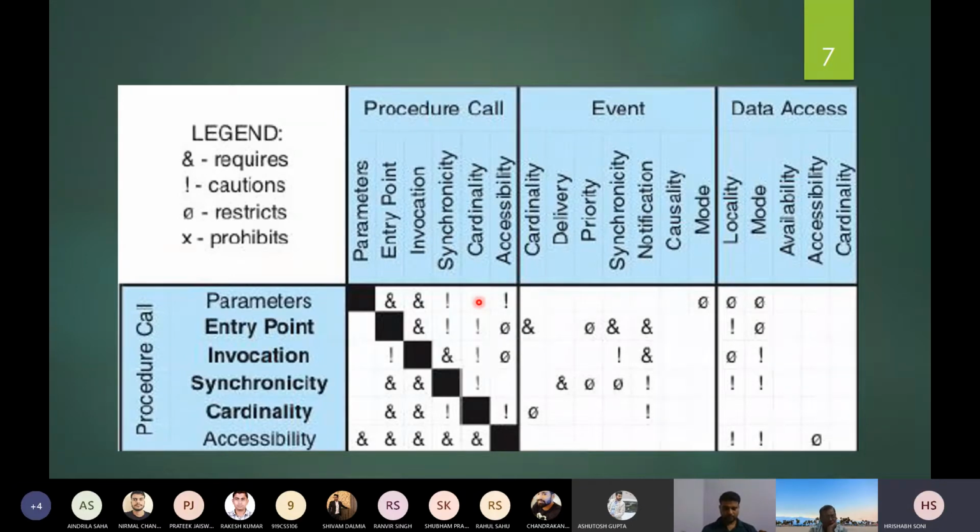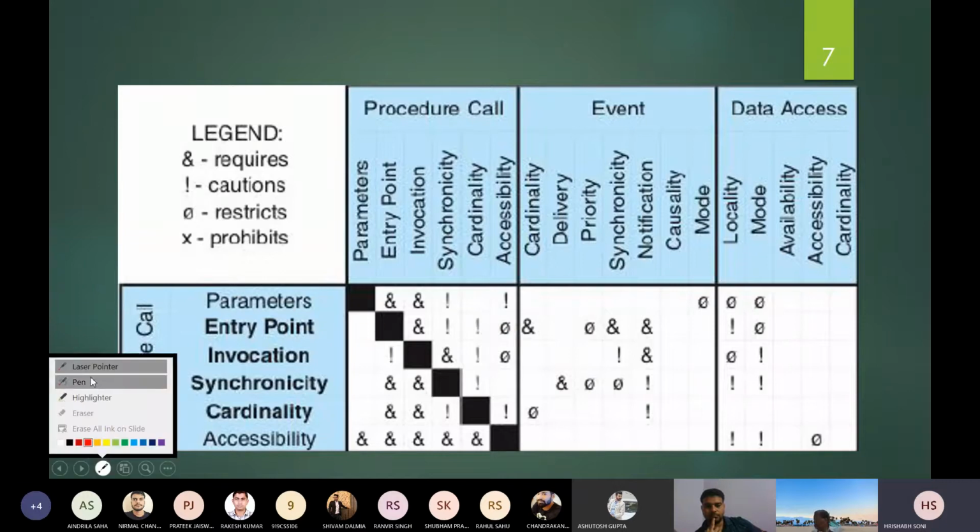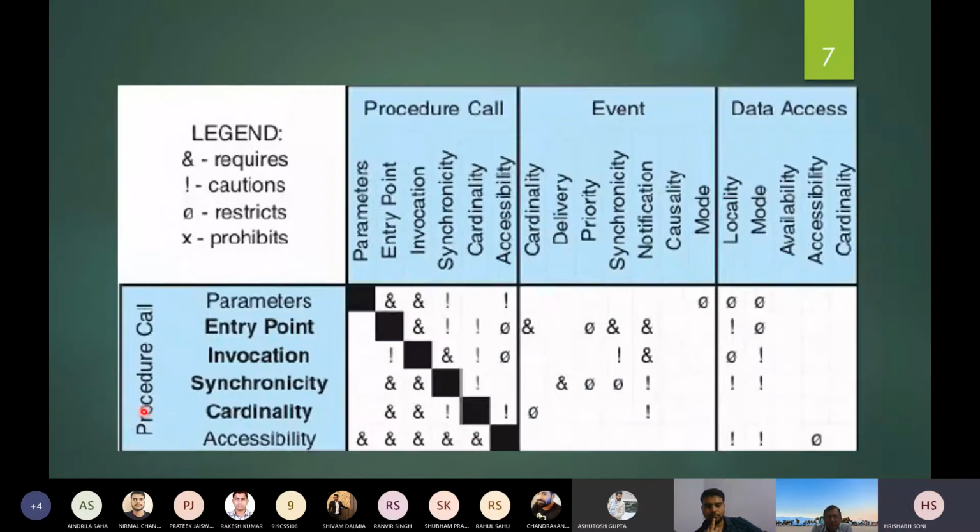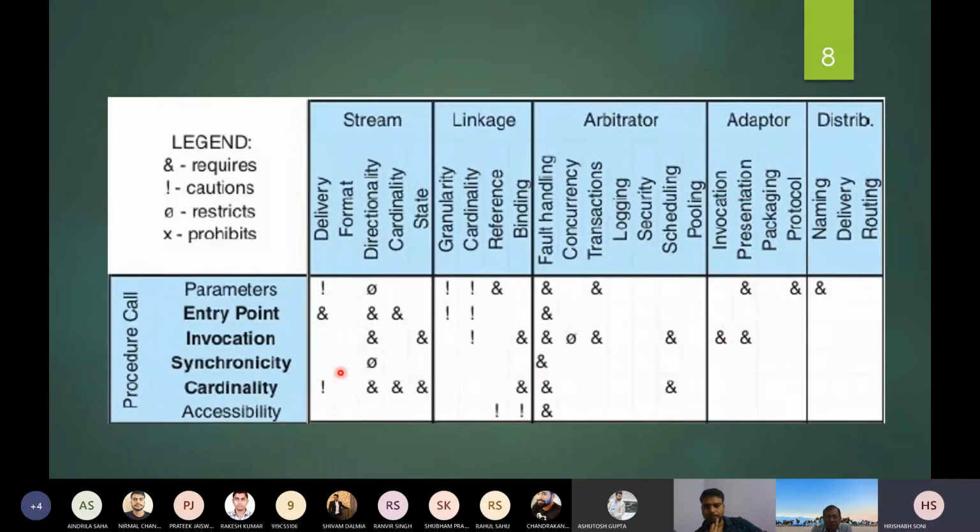Coming down, we can see the blank boxes also. There are many blank boxes. These blank boxes show that we can do anything with them. There is no particular requirement for that. These empty cells in the matrix denote combinations that are possible but are not required. We can have that combination, but it is not mandatory, so we don't have to take care of that. There might be incompatibility in between them. So coming down, these are the first three, and these are the next five. All these states are similar things.